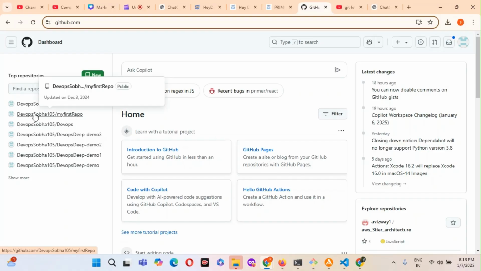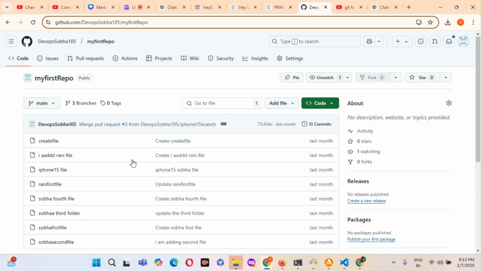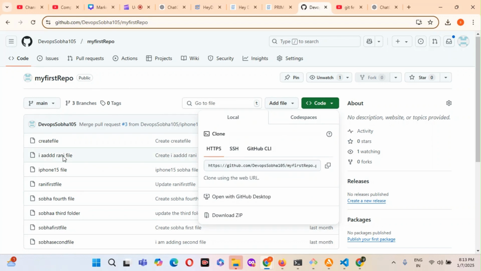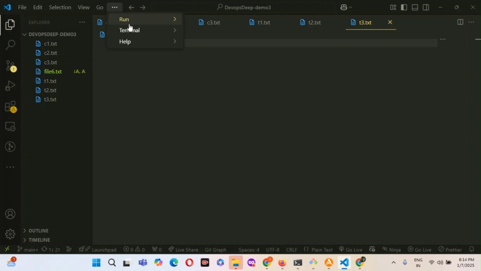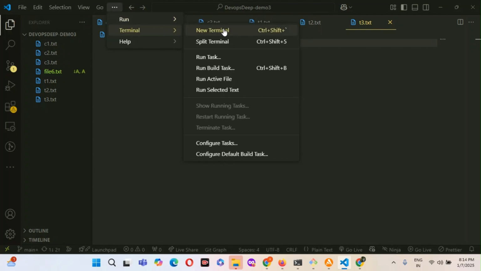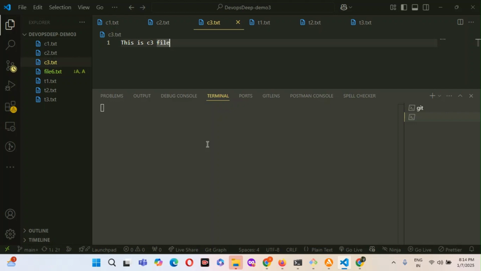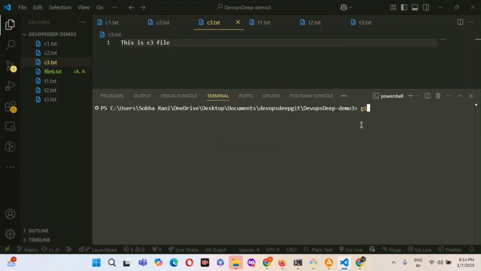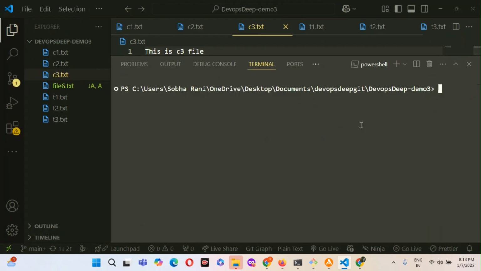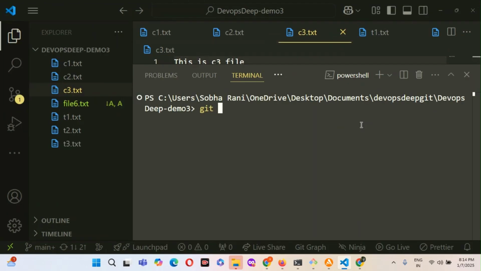For example, here is my first repo. Click on it. This is a project, and I need this project on my local. This is the URL, copy this URL. I will clone it here. Open git with Ctrl plus plus. Here, git clone, give this URL, enter.